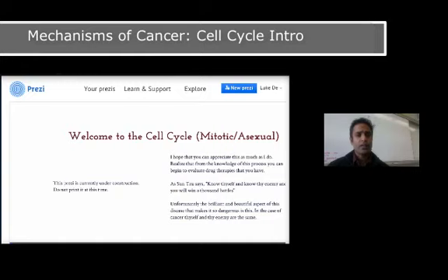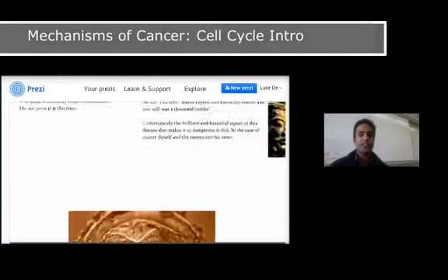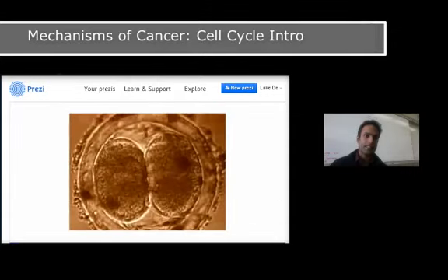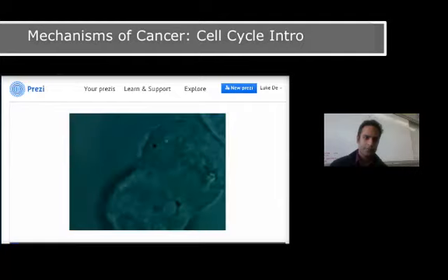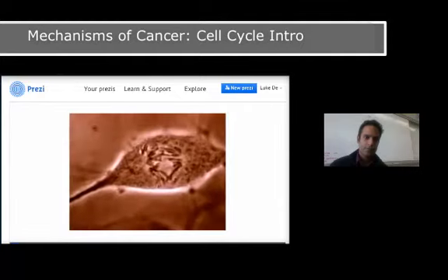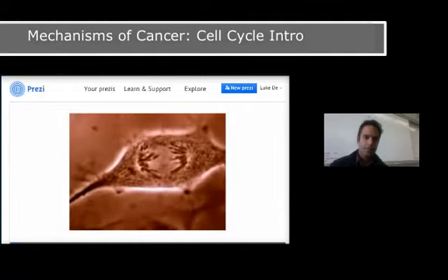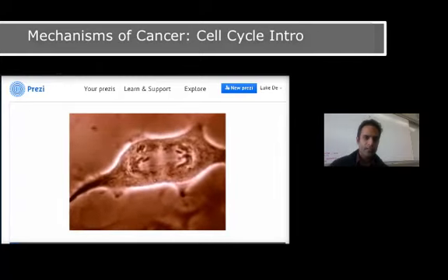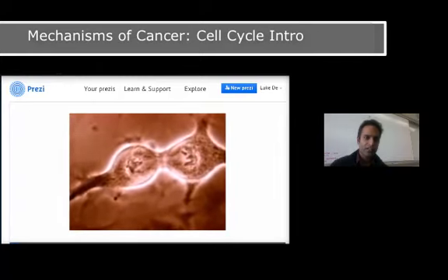And because we are talking about asexual division, we are not going to be talking about generating a sperm. We're not going to be talking about fertilizing an egg. And we're not going to be talking about the process called meiosis. So let's look at what cell division actually looks like. In this video, you can actually see mitosis occurring as well as cell division.